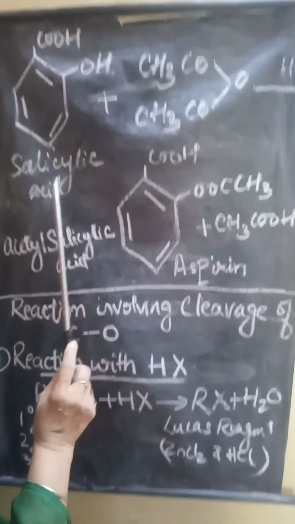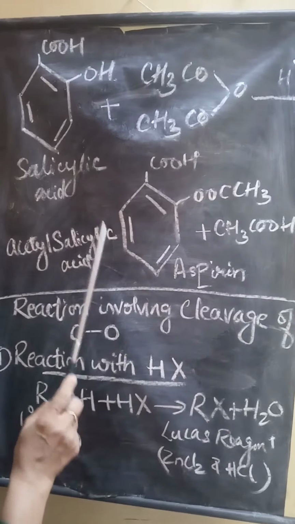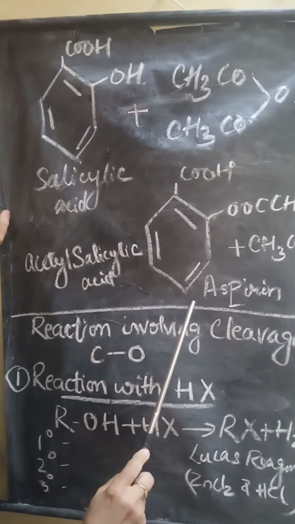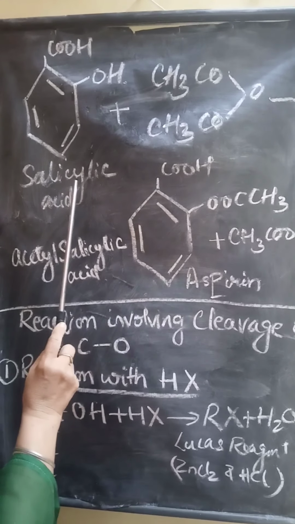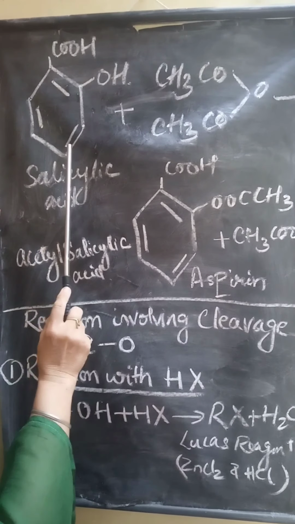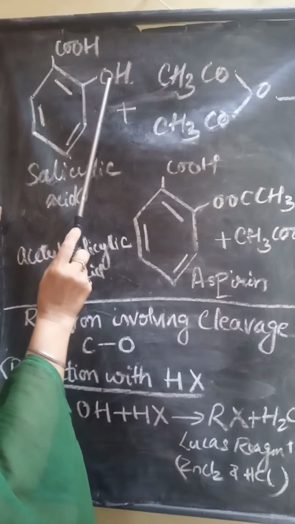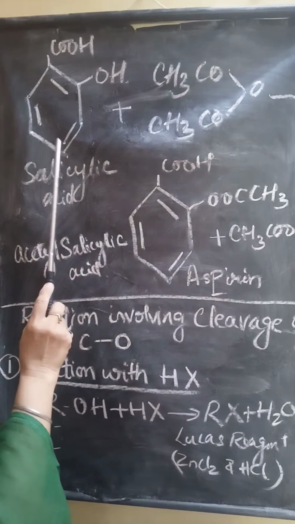Yes, children. Now this reaction is the continuation of the earlier video. In this reaction, we take one more compound, a very important reaction to prepare a final product which is very useful. This is salicylic acid. Salicylic acid means a benzene ring with two functional groups attached to it: one acidic group and another alcoholic group. So this is known as salicylic acid.